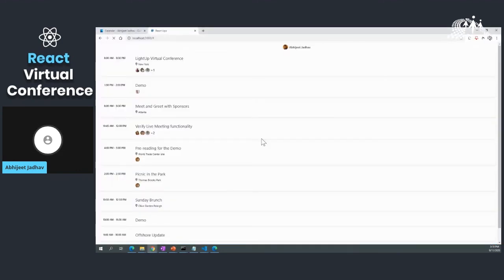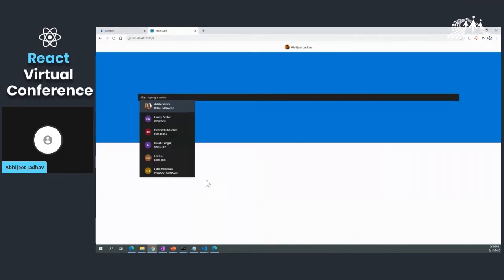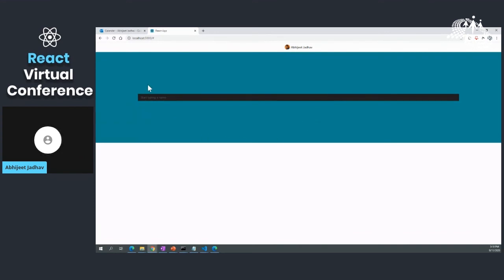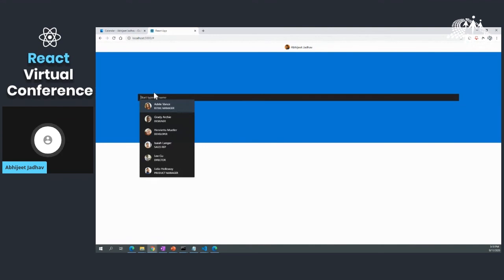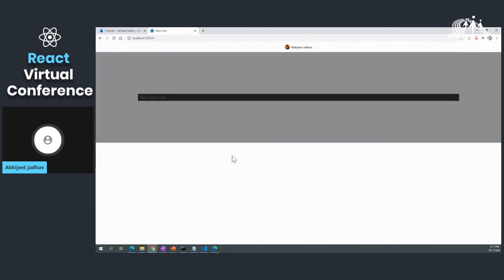Okay, I go to my screen, and the control is ready. I have applied some standard CSS which is available, and I see all the users in my Active Directory in my organization. For the dev tenant which I'm using, all the users from my organization are available, and I can search the users. I can search multiple users in this, and this can be done using only one line of code, that is MGT people picker.